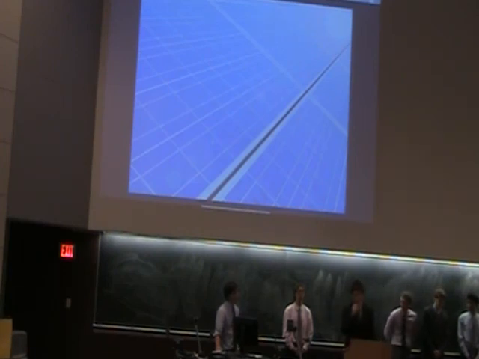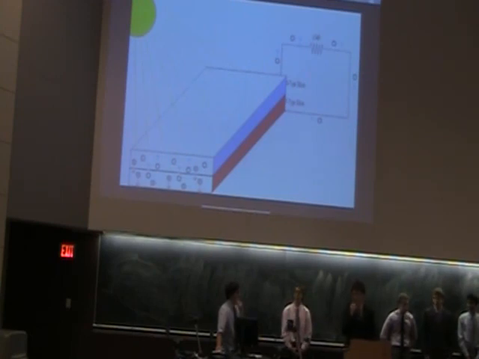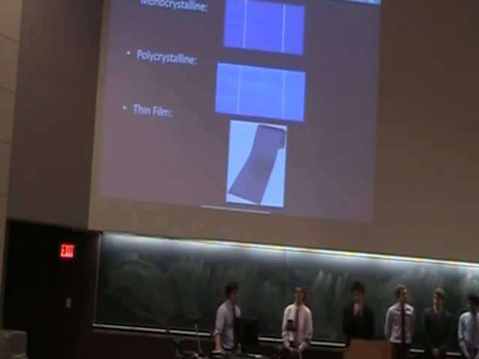Hello. Hi, I'm Ian. I'm going to be talking about the solar cells we use in our project. First, to give a brief rundown of how photovoltaic cells work. Incident photons of light strike the top of a solar cell, exciting electrons in the upper layer. This creates a current and generates a potential across the cell. We can then run this voltage across resistance, outputting power. There are three main types of cells. We have monocrystalline, polycrystalline, and thin